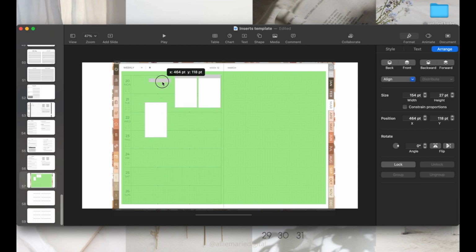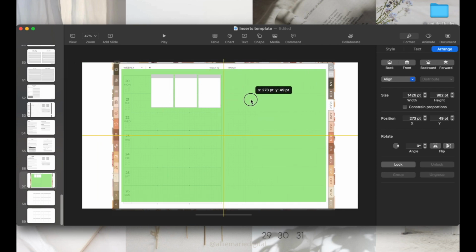So I tried to make it the same size as the Erin Condren boxes, and then I made this the size of the actual headers. And like I said, this is not perfect. I had to play around with this a lot to get it to do what I wanted it to do, and once it pretty much mimicked what I wanted it to do and how far I wanted from each other,